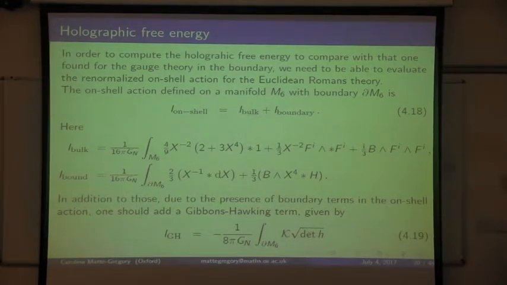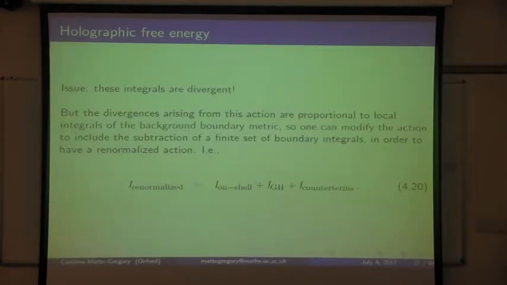So I have to solve this, but there is an issue, right? The issue is that if you just solve these integrals, they diverge. But these divergences are not too bad. They're actually proportional to local integrals on the background boundary metric. So what you can do is modify this integral in such a way that you include some terms that will cancel these divergences. To do so is just a procedure, just manipulation. What you have to do is